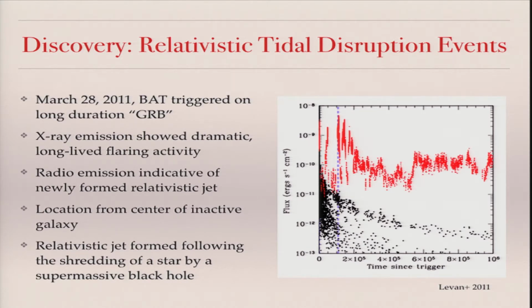From the basic synchrotron theory of this radio emission, we could actually measure the size of the radio emitting region, and use that to infer the presence of a newly formed, mildly relativistic jet. And we were able to pinpoint the location to the center of a galaxy that did not have an active galactic nucleus in it. And so the picture that we put together for all this is what we call